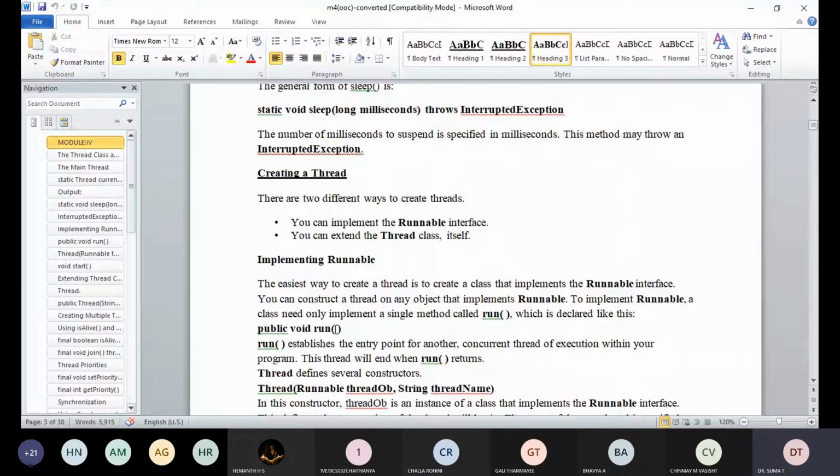This thread will end when run returns. So when run returns, this thread is going to end. After you create a class that implements Runnable, you will instantiate an object of type Thread from within that class.